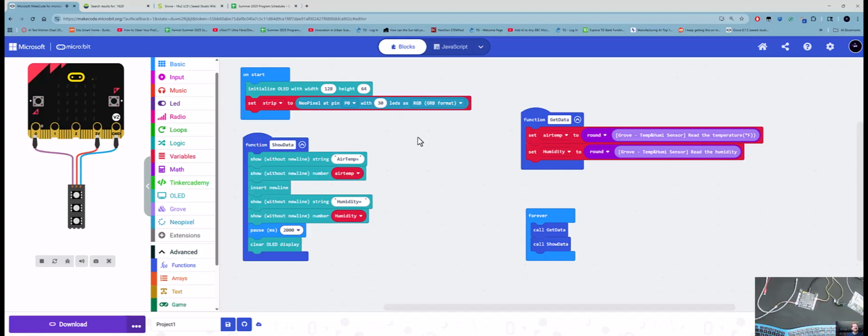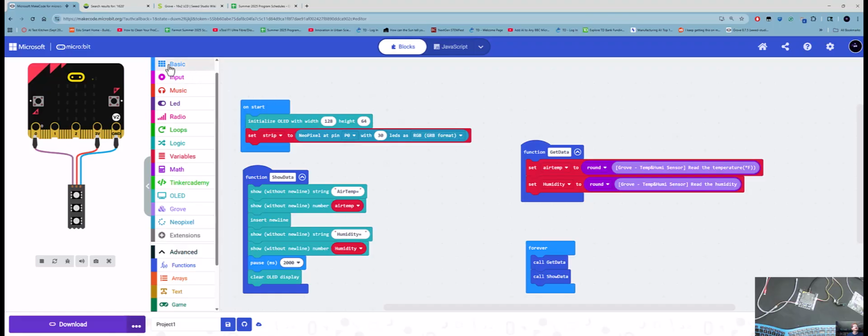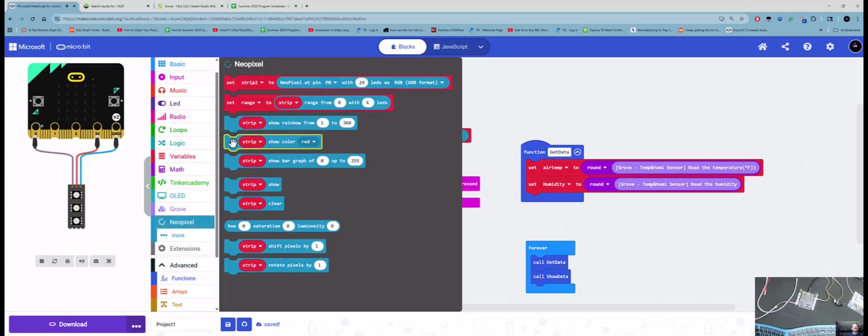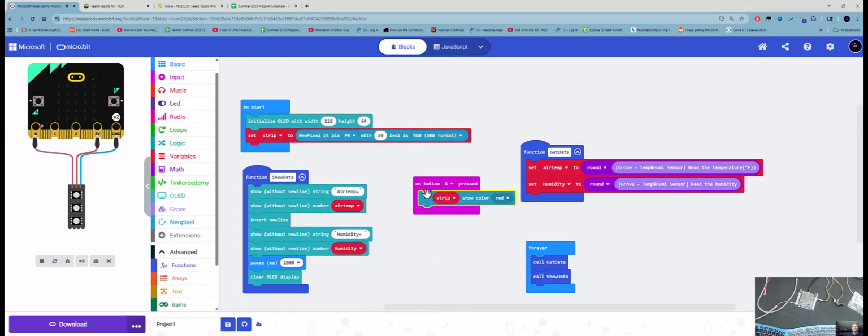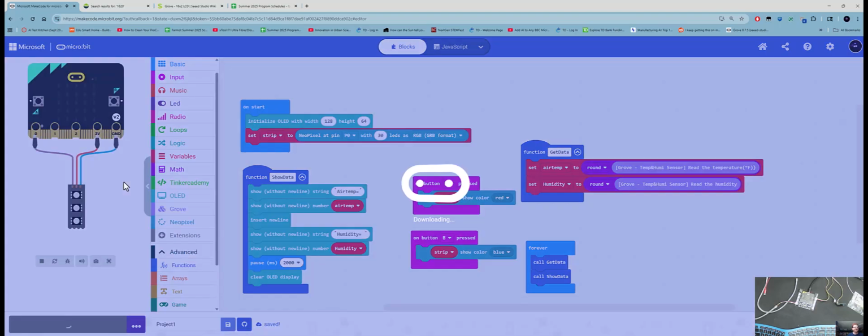Now if we want to test that it's working, I can do an input, on button A. And I can go to my NeoPixel block and say strip show color red. And then for B, I want it to be blue, let's say. Okay, so now if I download this,